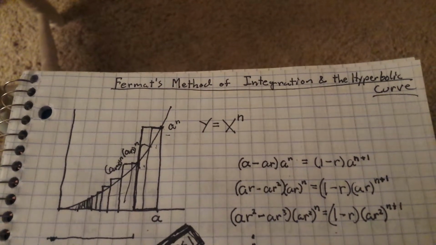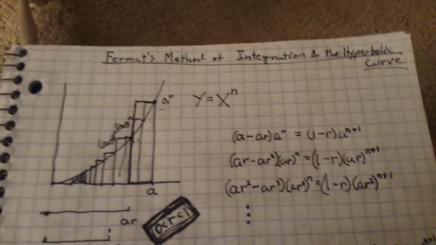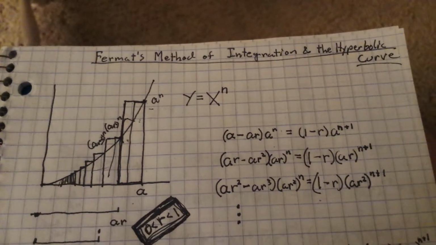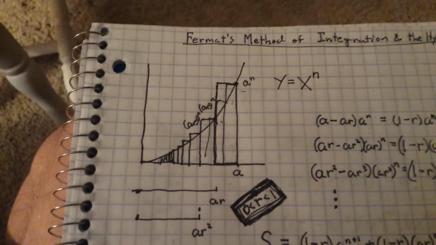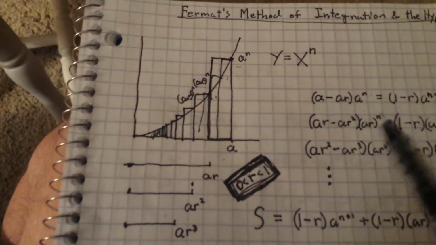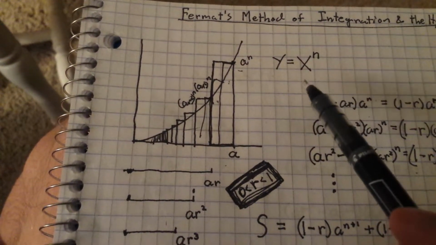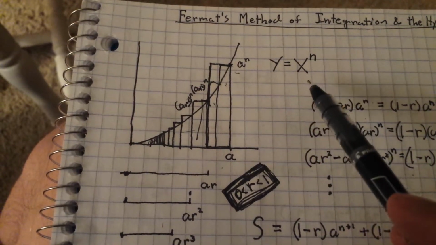This is the short version of my talk on Fermat's method of integration and the hyperbolic curve. Okay, so Pierre de Fermat was interested in finding the area under the curve y equals x to the n